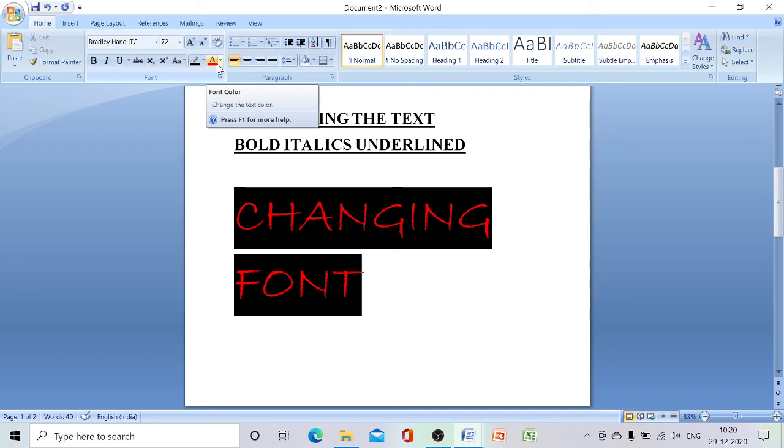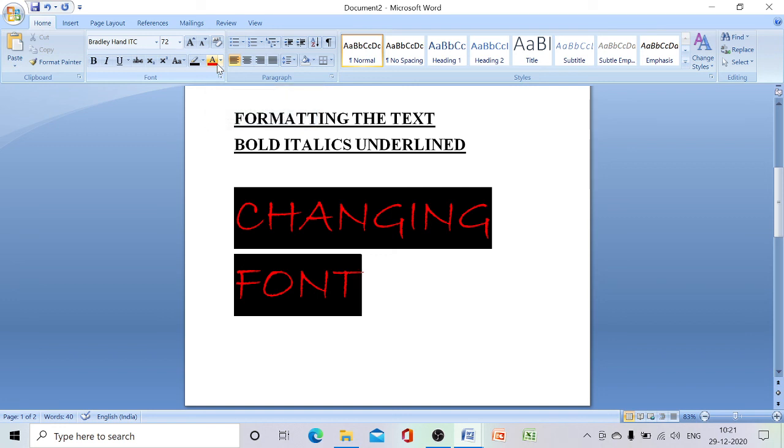Okay, and another topic from this is alignment. Alignment is nothing but the way in which text is presented. The way in which text is placed on a page is called alignment.